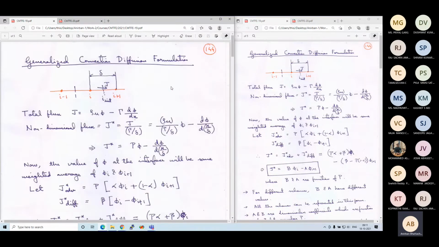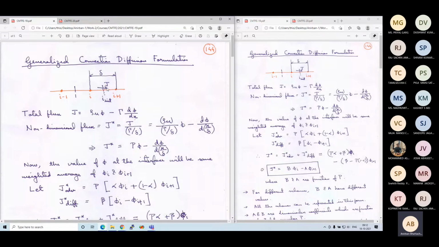So how to do this generalized formulation? Let us again consider our typical grid structure for 1D. We have the ith grid point, which we call P, the I plus 1th grid point, which we call E, and the I minus 1th grid point, which we call W in general. Our interface goes from this point, which we call small w, to this blue line, which is small e. These can also be denoted by I minus half and I plus half. And J is the overall flux.